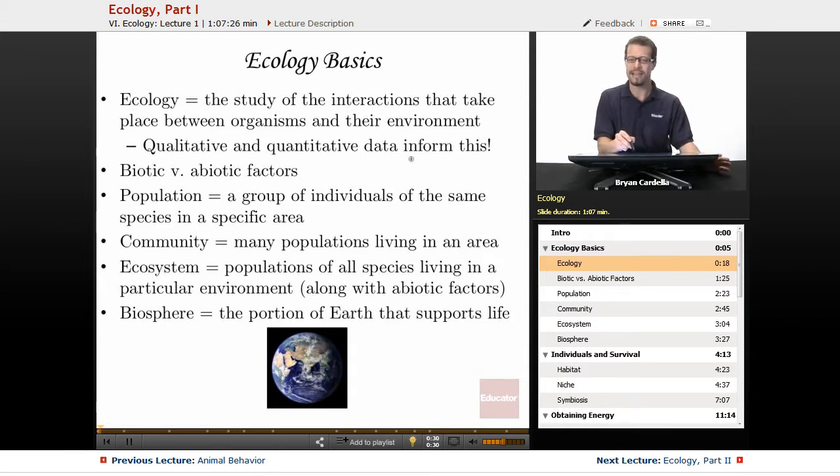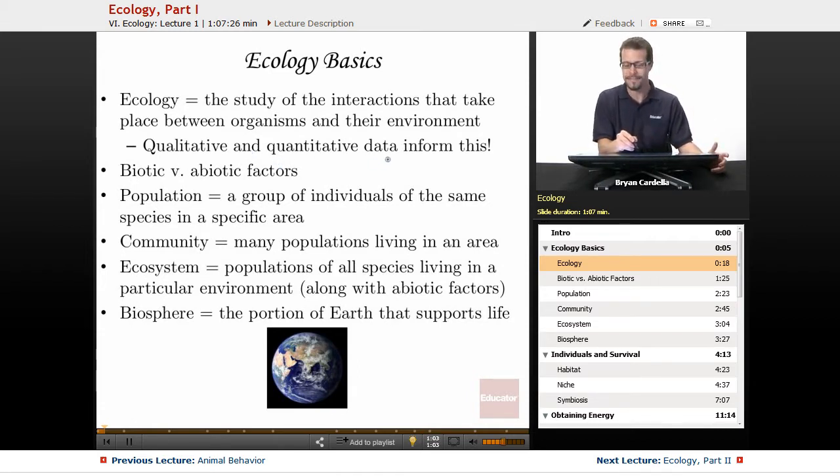Qualitative and quantitative data inform this. So qualitative data is when we are talking not about numbers, but in terms of the quality of things. So if you look outside and you're like, oh, it's a rainy day, you're not talking about exactly how much rainfall there is. Or maybe an organism is stressed in their environment, and you can tell they're stressed by their behavior. And you may be talking about descriptors about that particular organism and it moving around in a peculiar way that's not normal. That would be qualitative data.